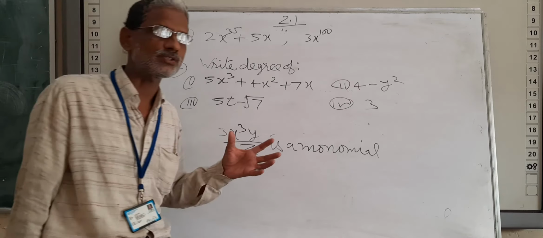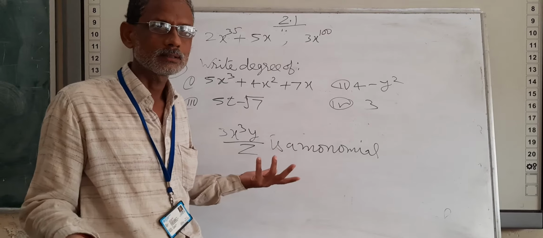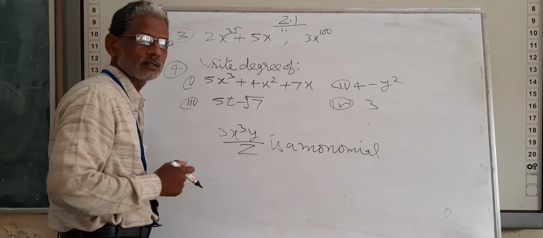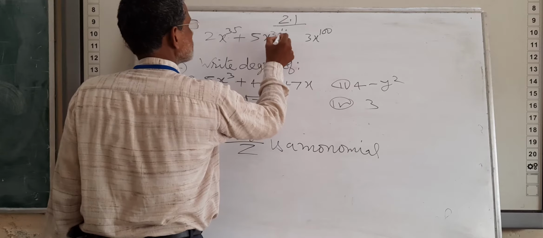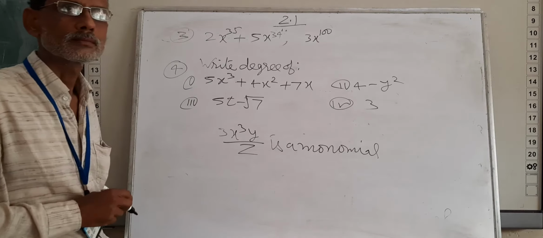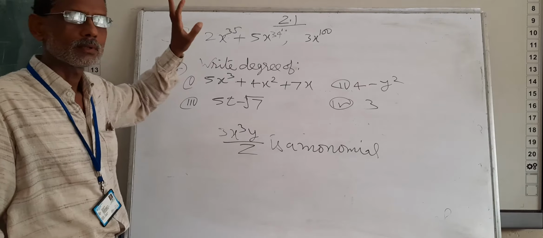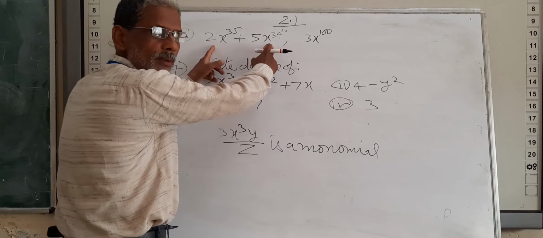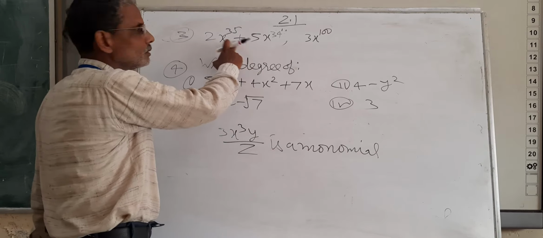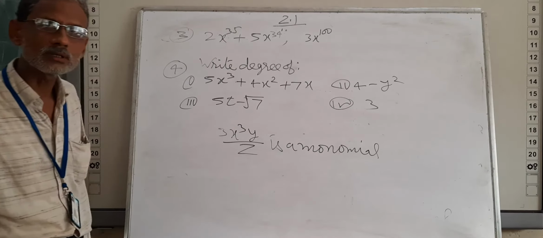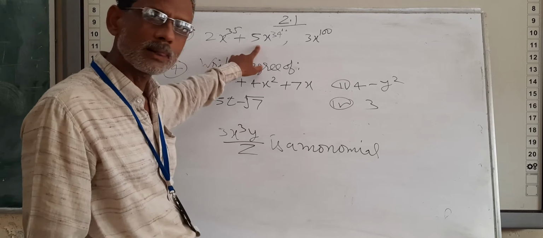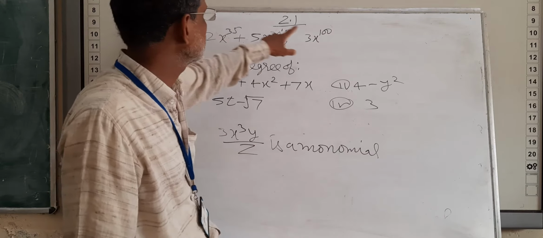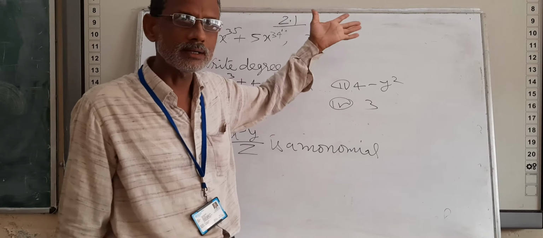The answers to such a question may be infinite. Clear? This is another answer. This is another answer. All are answers to the same question, because the highest power is still 35, and there are two terms, one separator. This is also an answer to the same question. This is a binomial of 35 degree. This is a monomial of 100 degree.